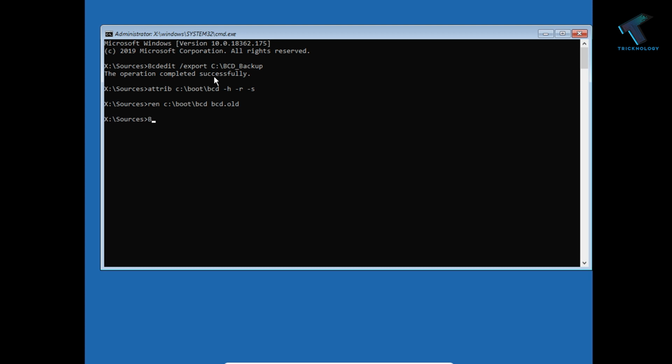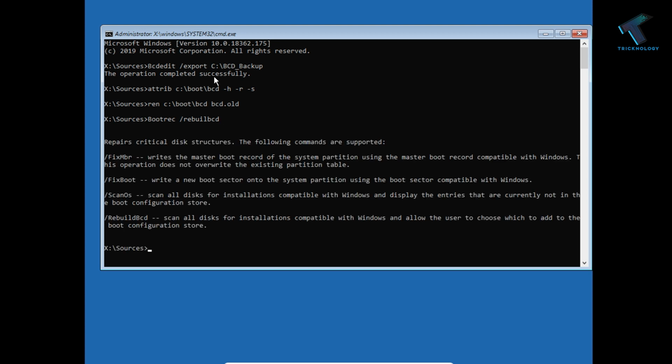and the last command is Bootrec space slash rebuildbcd, and after that press enter from your keyboard. Sorry, I have put in the wrong command. Bootrec space slash rebuildbcd,